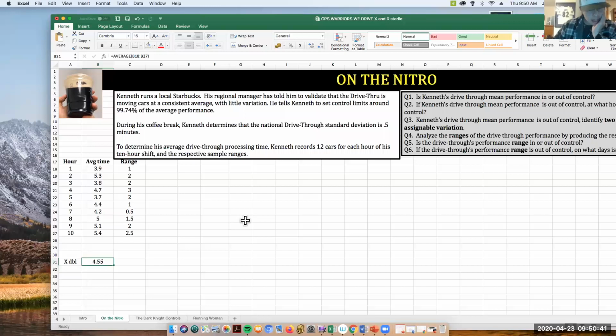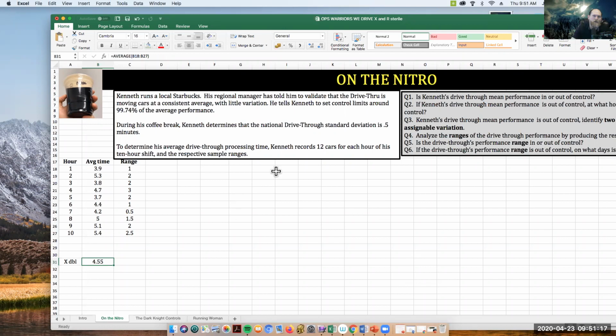Well, the first thing I would have done, and maybe it is the next thing, is I would have made a plot so we can see what's going on. Okay, so what do you want to plot? Maybe plot the control limits, like the average performance, the percentage. So in the middle we'd have 99.74%, and then on the outside ranges our Z stat. So we need to figure that out.